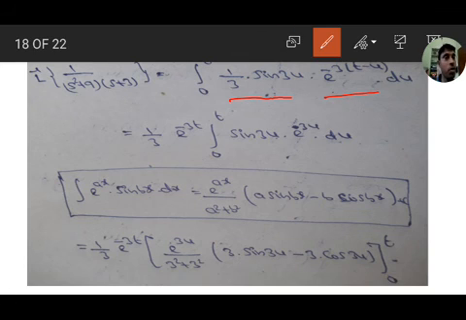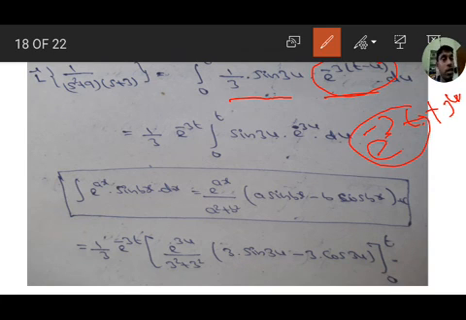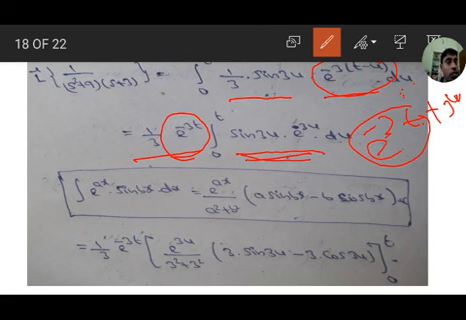Simplification, we get e to the power of minus 3 into t minus u equal to e to the power of minus 3t plus 3u. This e to the power of minus 3t is a coefficient outside because the integration is with respect to u, and 1 by 3 is also a coefficient. Therefore, we get the integration from 0 to t of sin 3u into e to the power of 3u. Therefore, it is an integration of the form e to the power of ax into sin bx.